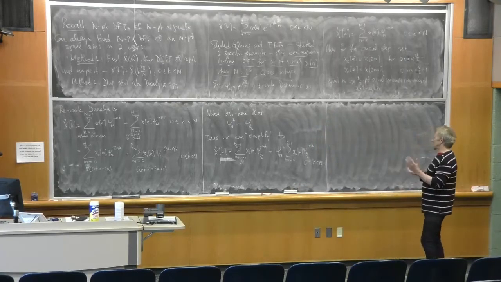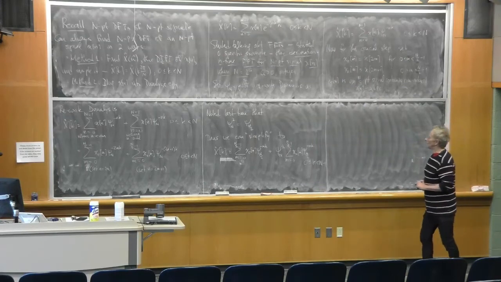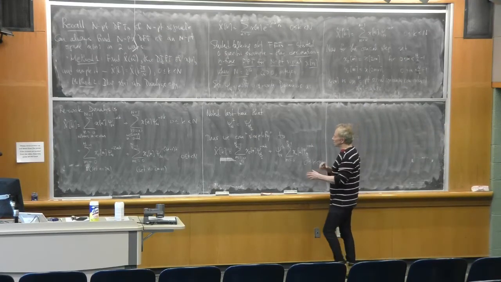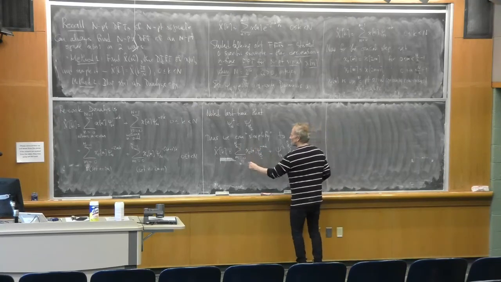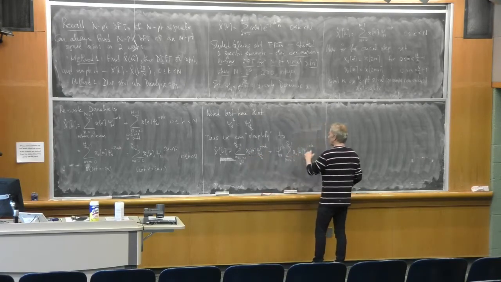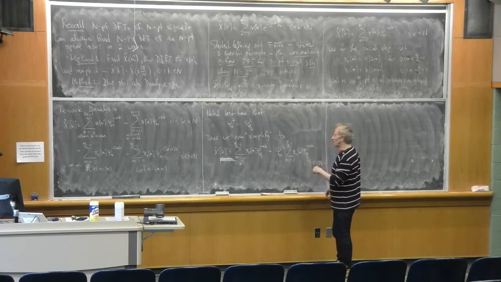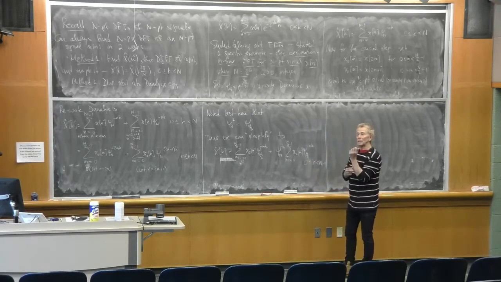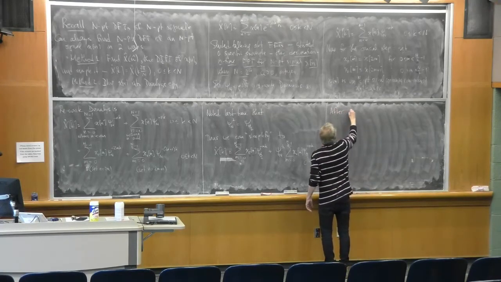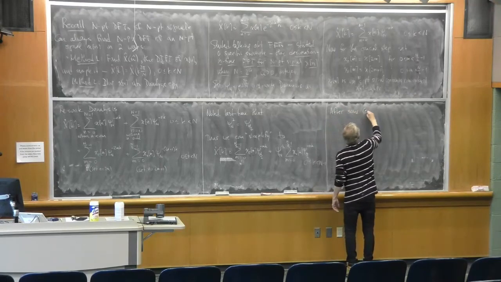Now, why do we do this? Well, essentially what's going on here is this first sum is going to compute an n over 2 point DFT of the n over 2 point signal XE. The second sum is going to compute an n over 2 point DFT of the n over 2 point signal XO. That's what we're doing. To make sure everything works out, we have to do some bookkeeping. So after some easy bookkeeping,